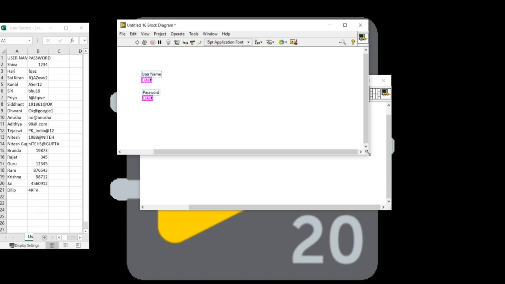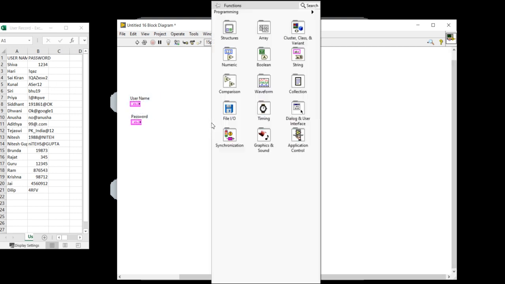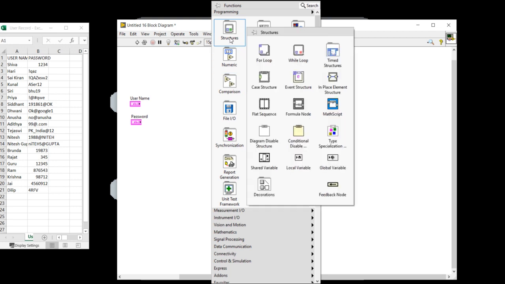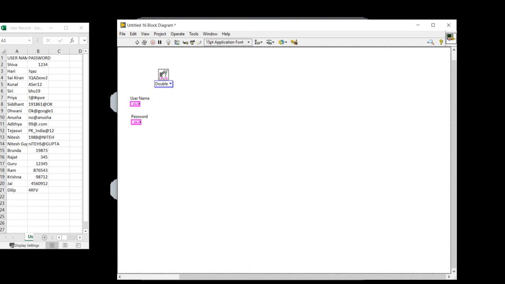Now you know how we can read this file. So now here I can come to file IO and I will take read delimited spreadsheet.